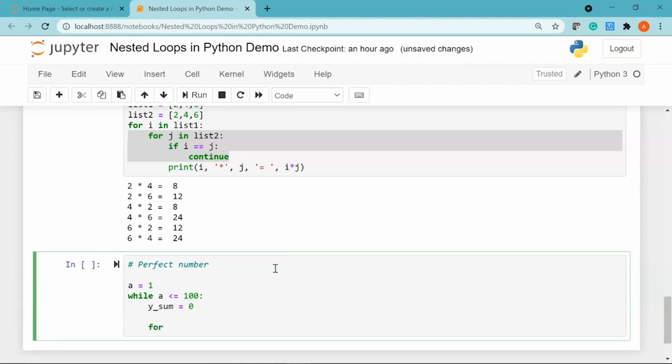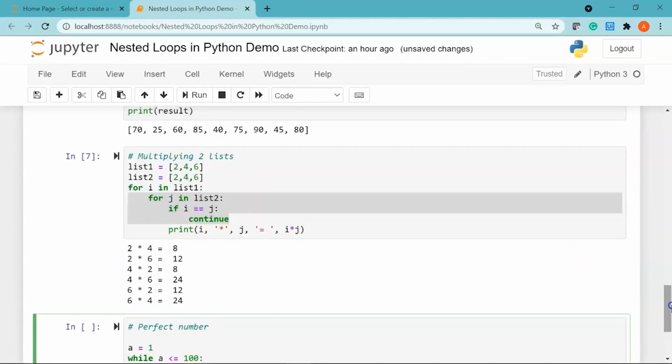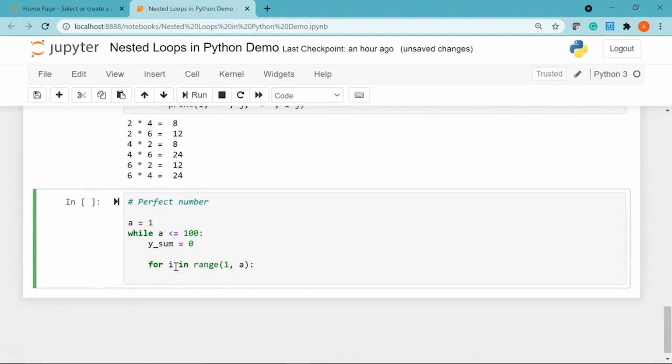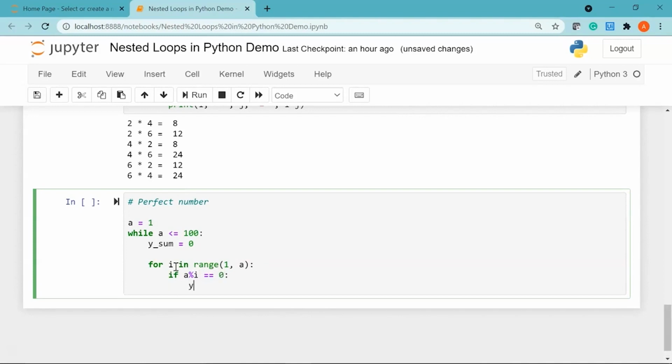After that, I'll pass in my inner loop, which is the for loop. I'll say for i in range 1 comma a. I'll say if a mod i is equal to 0, then y_sum equals y_sum plus i.